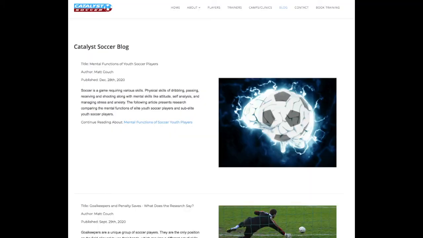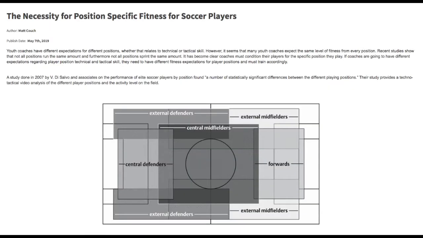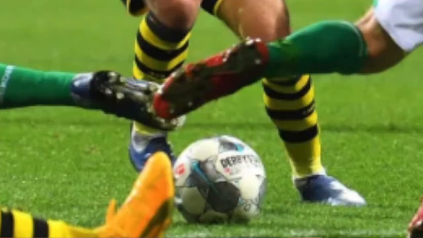Today's video is going to be part two of our position-specific research articles. The first video we did was analyzing the first research article that goes along with our blog post and how it is important to train for your specific position. Also, it talks about how each position has different characteristics, different demands, both technical, tactical,